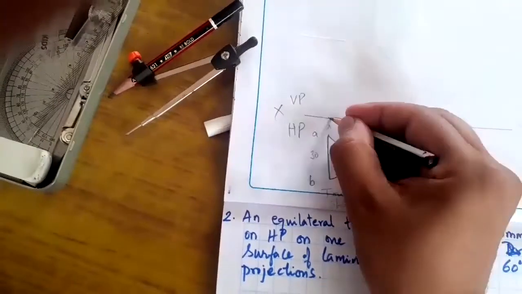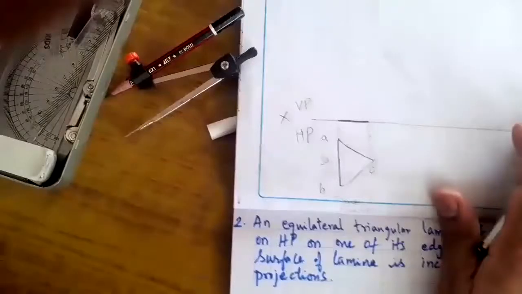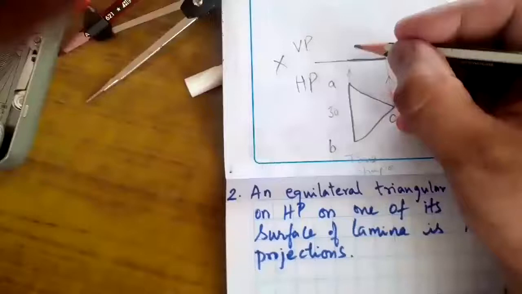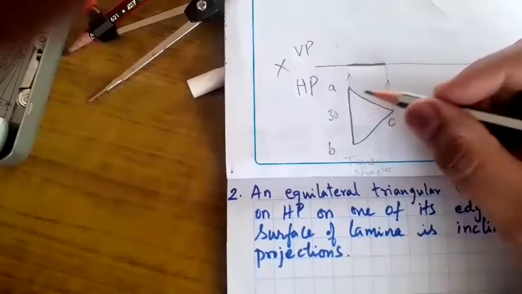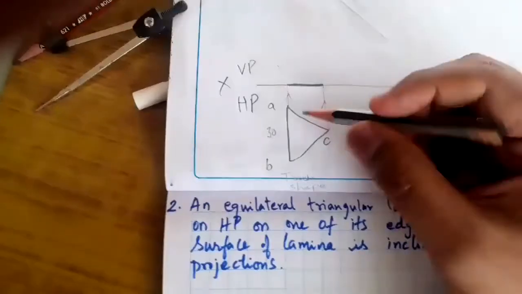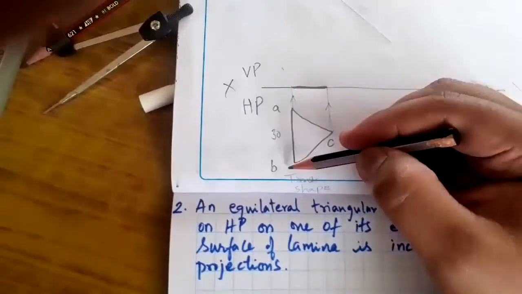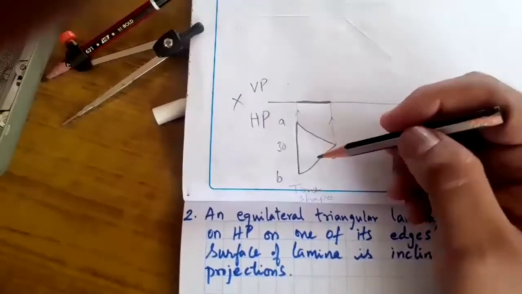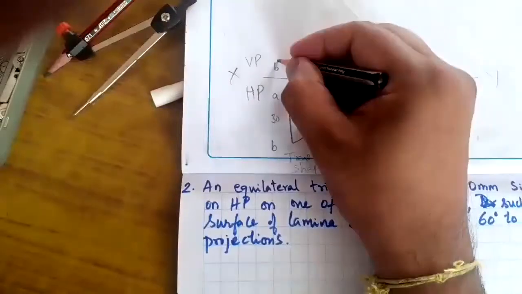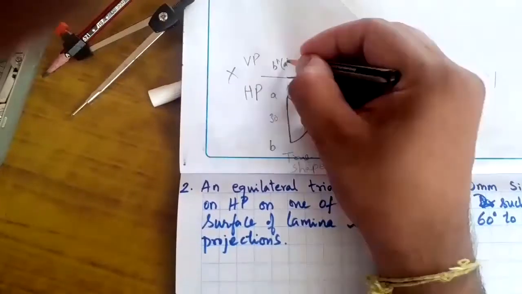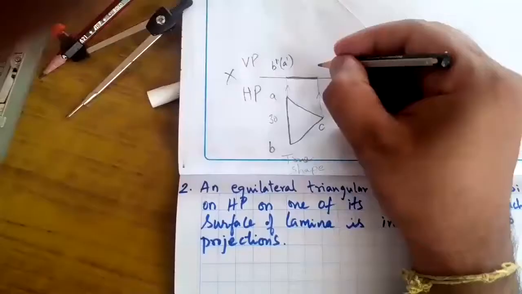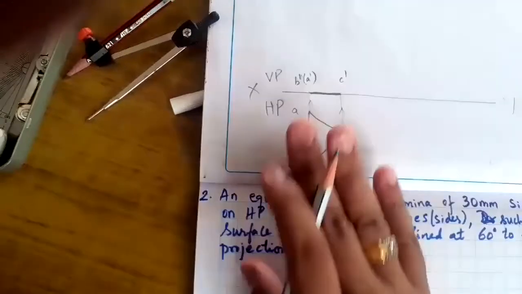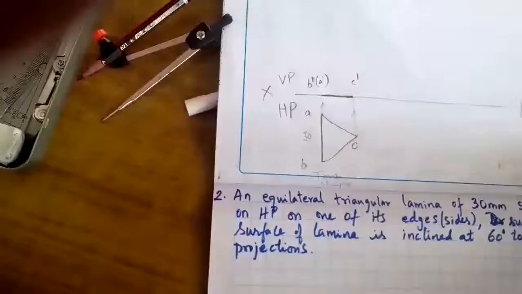Are you able to see the dark line which represents the front view? So what is the naming? How to give the naming for this front view? When I represent the front view of this triangle, it is b dash a dash, and c dash. So forget about the top view, I'll just close this top view.